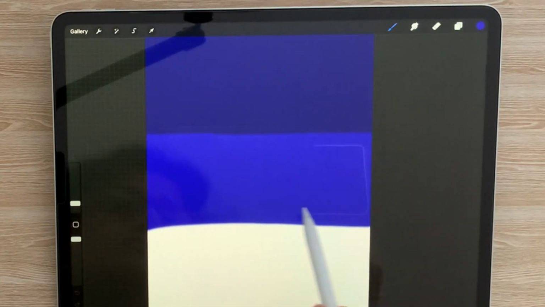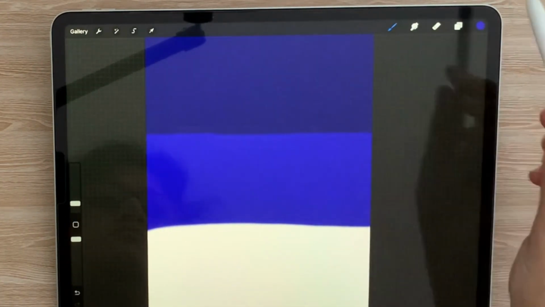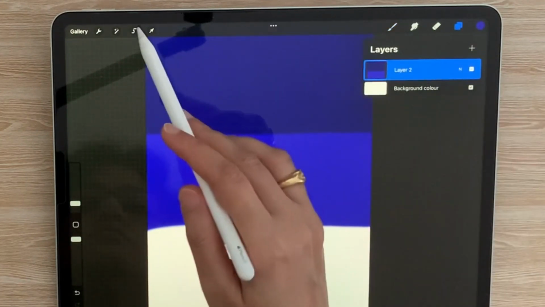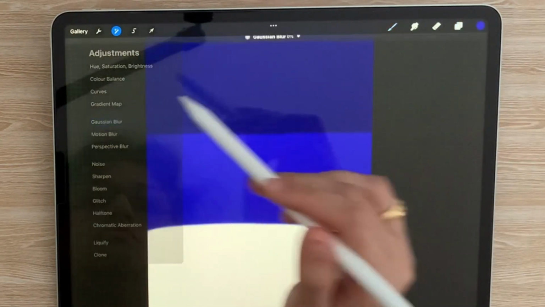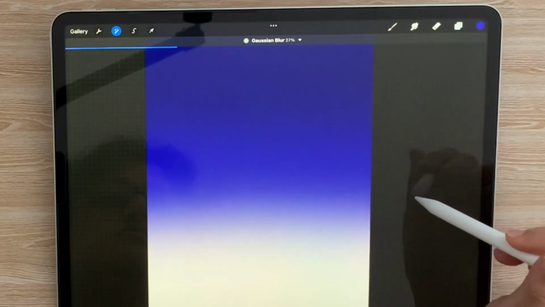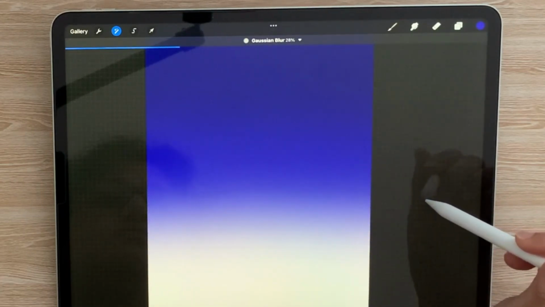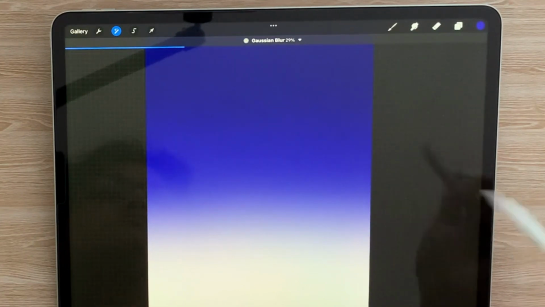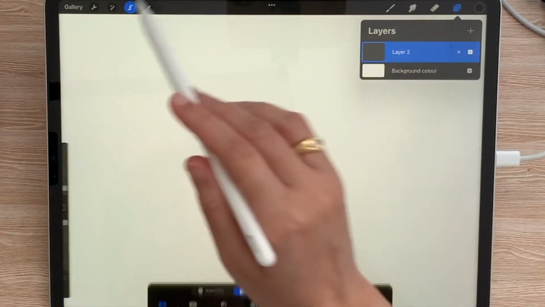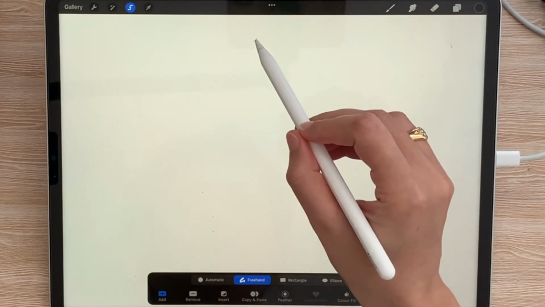And then I will merge both the layers so that both come down to one layer so that I can use Gaussian blur under adjustments. And by using the Gaussian blur under adjustments to nearly 25%, I will blur the sky. I'll switch off the sky layer and I have expanded my canvas, and in a new layer I am using